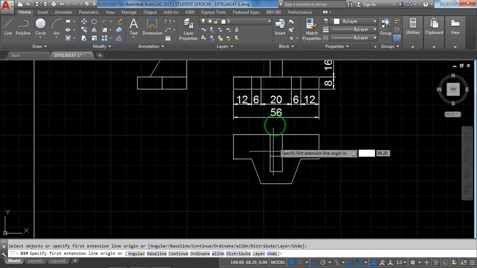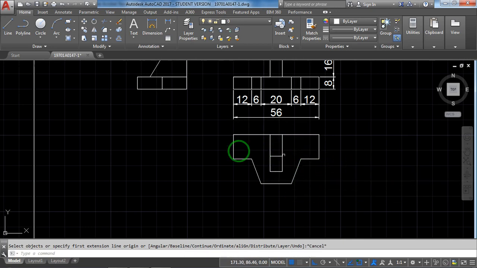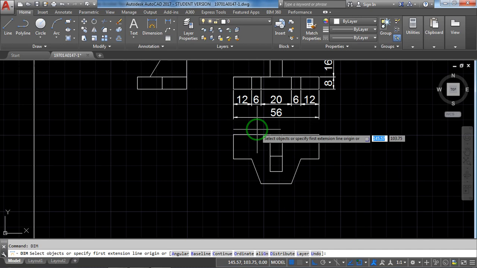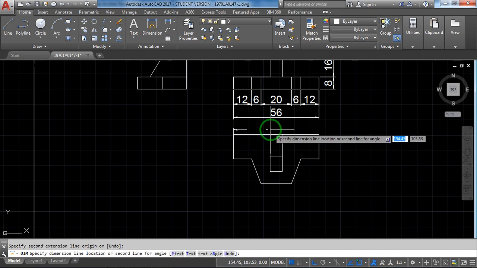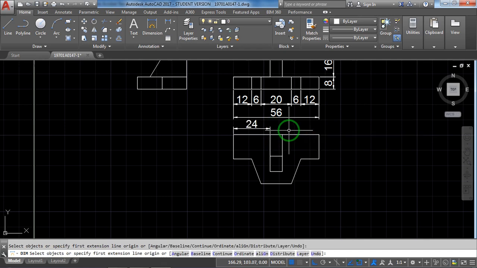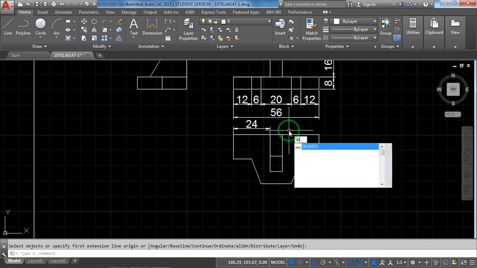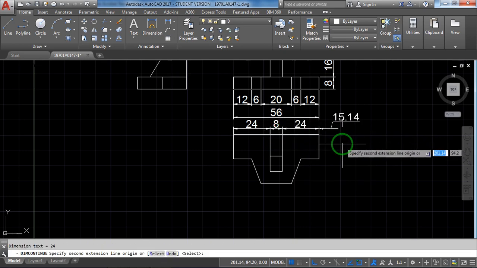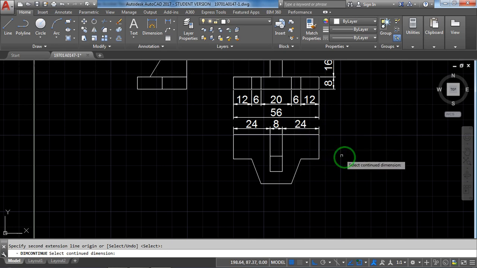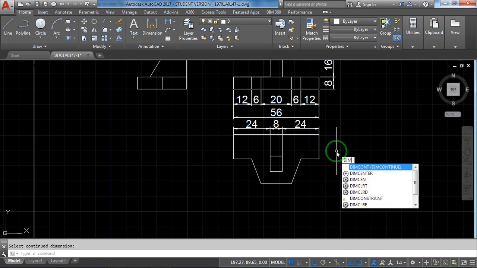Now same dimensions in the top view. To show the above dimensions, dimension, enter, from this place to this place, dim continue, enter, this width, dimension, enter.